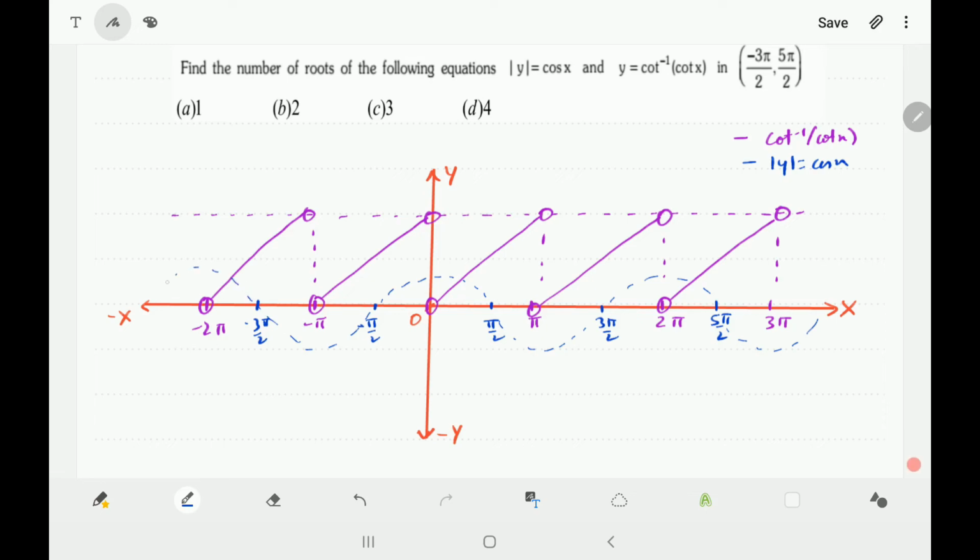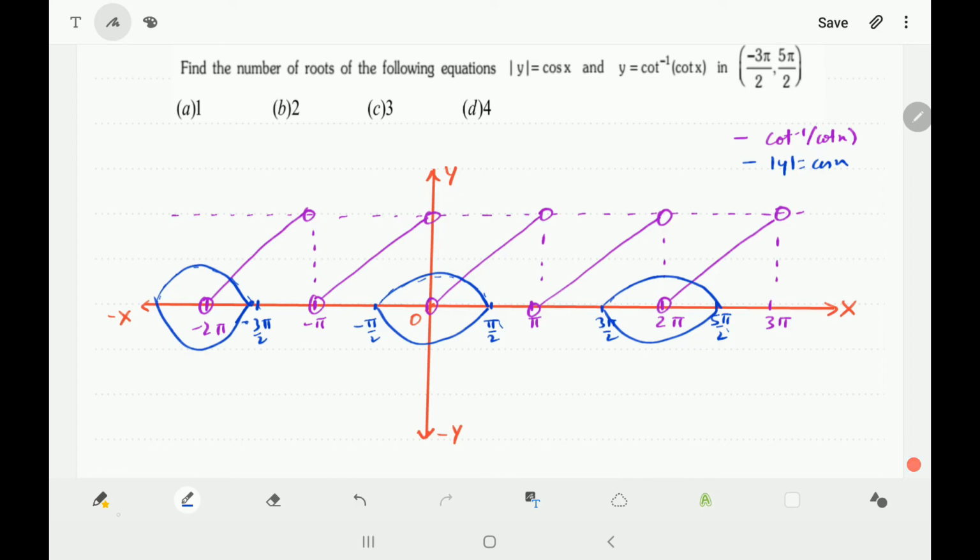So now we need to draw the graph of mod y is equal to cos x. For that you will remove the lower half of the graph. So we'll just remove the lower half here and take the mirror of upper into lower. So this value was minus 3 pi by 2, so we'll use minus pi by 2, this was pi by 2. Okay, so we will now get the graph like this, because mod y has transformation: reject lower half, take mirror of upper into lower.